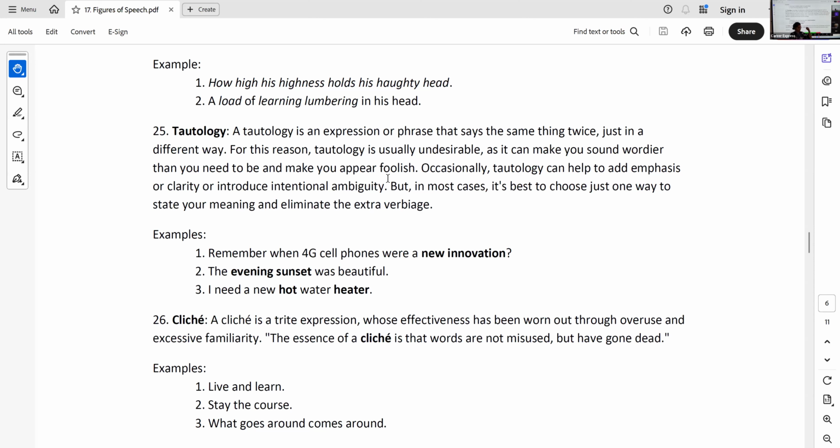This is for emphasis. Suppose you get this question and you can't find any other figure of speech, then you can choose tautology. Okay, so this is quite complex. They have so many. You have to learn this entire chapter and then use it in application, in identification. Identification is confusing. So focus on concepts. The evening sunset was beautiful. Sunset is not in the morning, it is always evening, but it is deliberately said to highlight the idea.